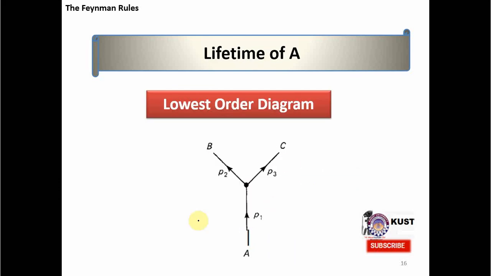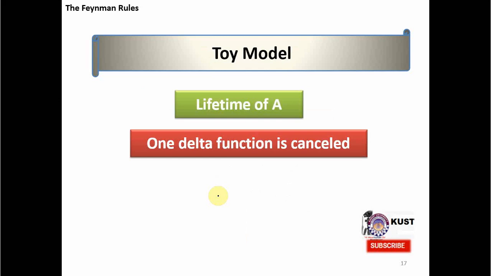These are the labelings. This is just to tell you, this is A, B, C, three lines. So we have labeled this with a P1 and this arrow, and you can see P3 and P2, and there is only one vertex, so I will write the contribution for it, minus Ig. After this, if we calculate the delta function, it will be cancelled, because P1 must be equal to minus P2 minus P3, and this will just get cancelled out in order to ensure the conservation of energy and momentum.